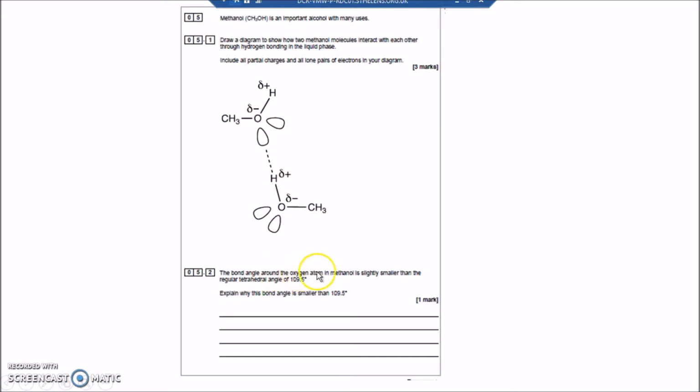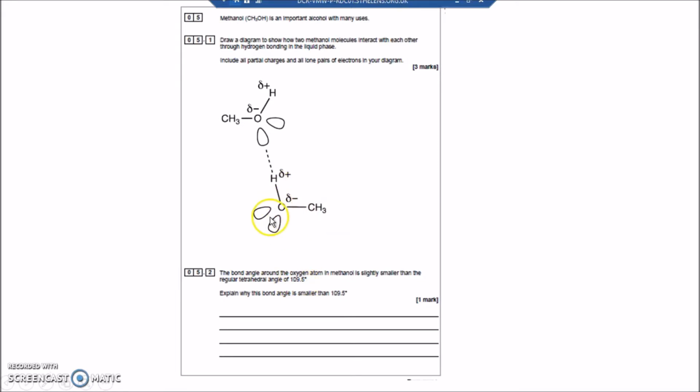The bond angle around the oxygen atom in methanol is slightly smaller than the regular tetrahedral of 109.5. Explain why this bond angle is smaller than 109.5. It's because you've got lone pairs, so a tetrahedral will be 4 bonding pairs, something like methane. But as soon as you put lone pairs on there, then the bond angle reduces. So if you had 1 lone pair, it comes down to 107, so it goes down by 2.5 if you introduce a lone pair, and down by another 2.5 if you introduce a second lone pair and have 2 lone pairs and 2 bonding pairs, right down to